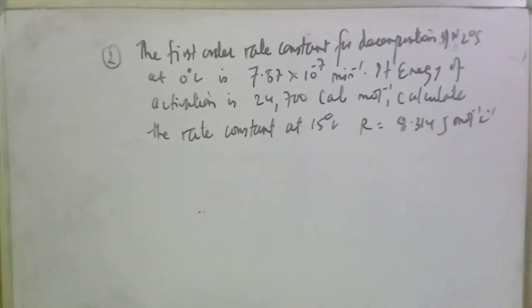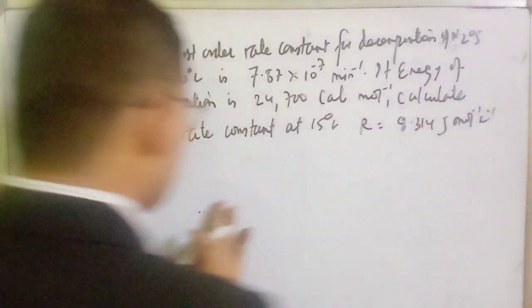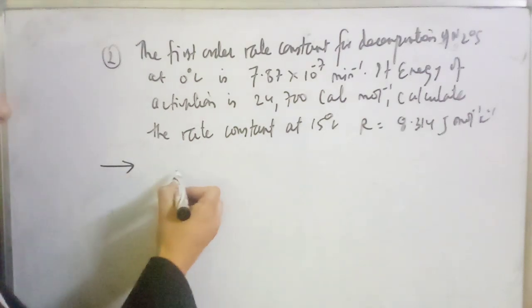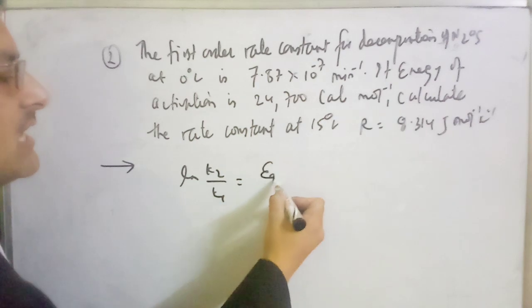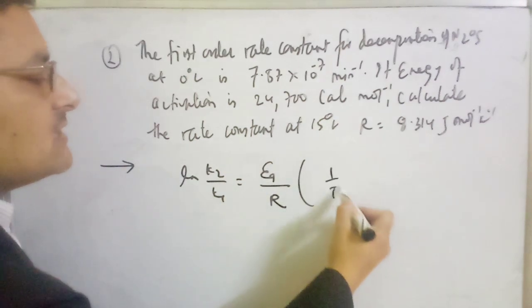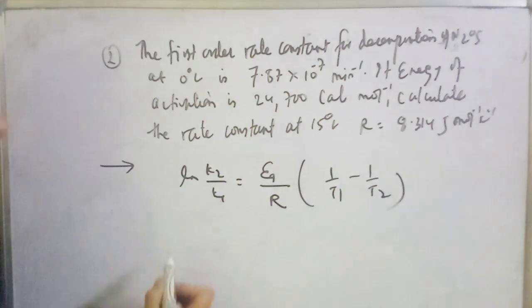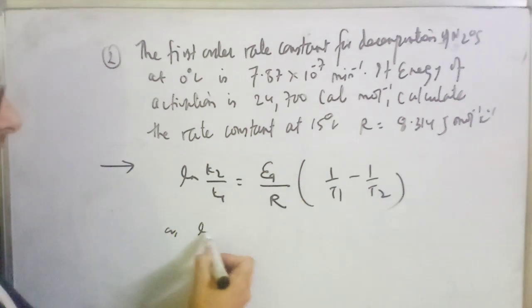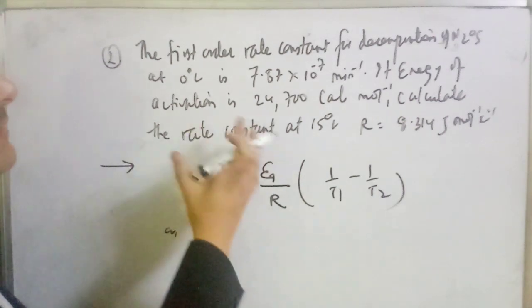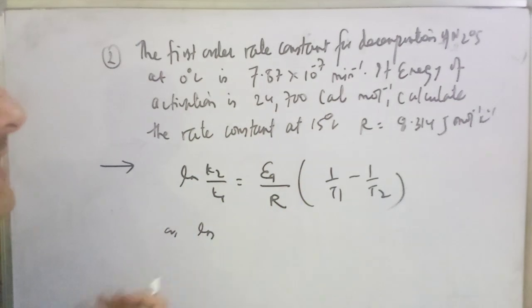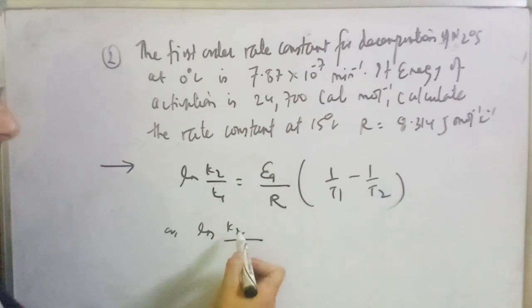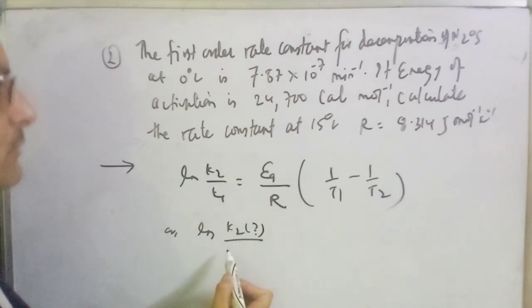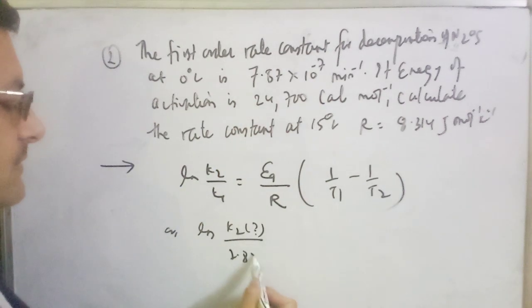This is very simple to solve because this is just like the previous one. I think you already know the formula: ln K2 upon K1 equals Ea upon R into 1 upon T1 minus 1 upon T2. You have to calculate the rate constant at 15 degrees centigrade, so K2 is what you need to calculate, and K1 is already given there, 7.87